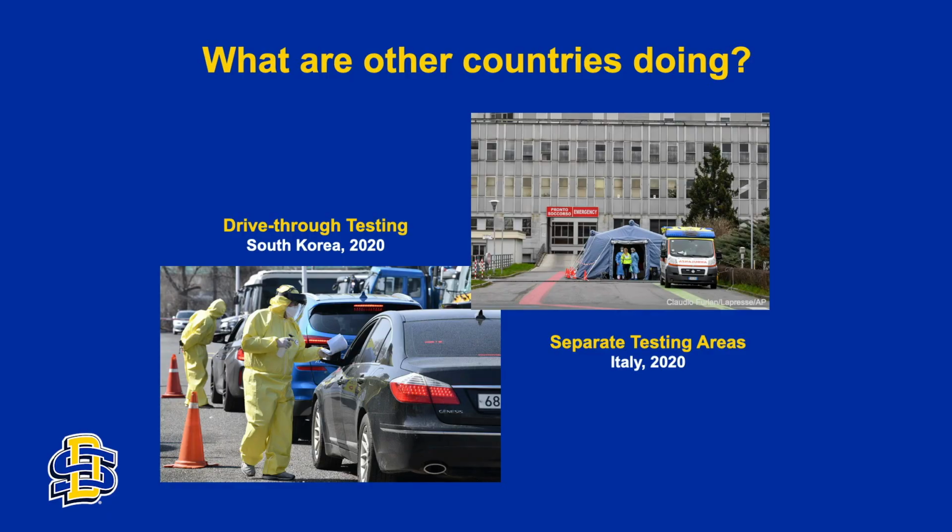Whether or not the hospital system can even handle that number, so the key is, you need to spread this out. You need to slow it down so that the people who are going to become sick from this are getting sick over a longer period of time, so that you don't overwhelm the system and that they can be treated appropriately medically. So what are other countries doing to slow this disease down? Probably the best example is South Korea.